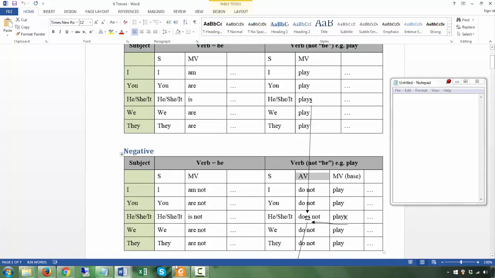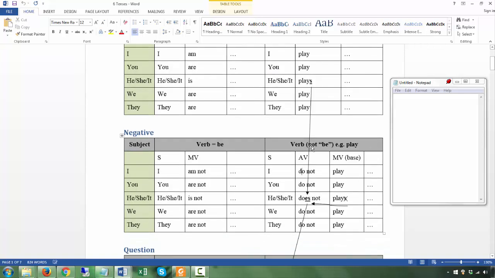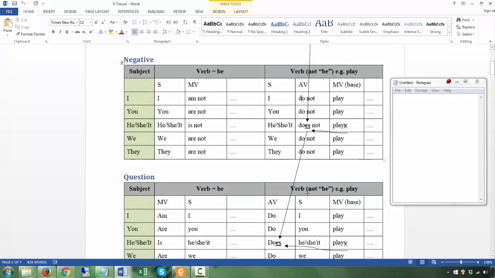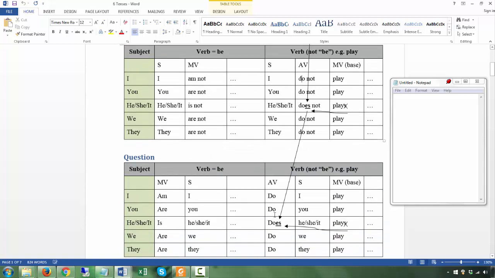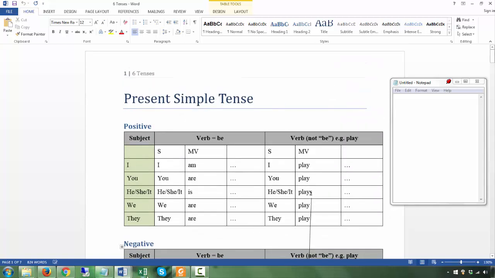Okay, you don't have any auxiliary verbs here. Auxiliary verbs are helping verbs. You just need to use them. They don't really give you any meaning. Okay, and the S doesn't go here. It goes here. So does not. If it's he, she, or it, it is does not, and then the S goes to the auxiliary verb here. Okay, so it's a bit more complex, a bit more complicated,